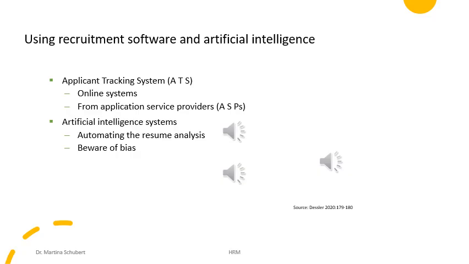Artificial intelligence systems. Employers also use AI-based systems to improve recruitment. Here, the main focus is on automating the resume analysis. For example, TextKernel can quickly scan thousands of resumes and find viable candidates. It uses AI to identify alternative words. Thus, if a recruiter wants a candidate with experience in autonomous driving technology, TextKernel would scan the resume not just for autonomous driving, but also for similar words like self-driving,